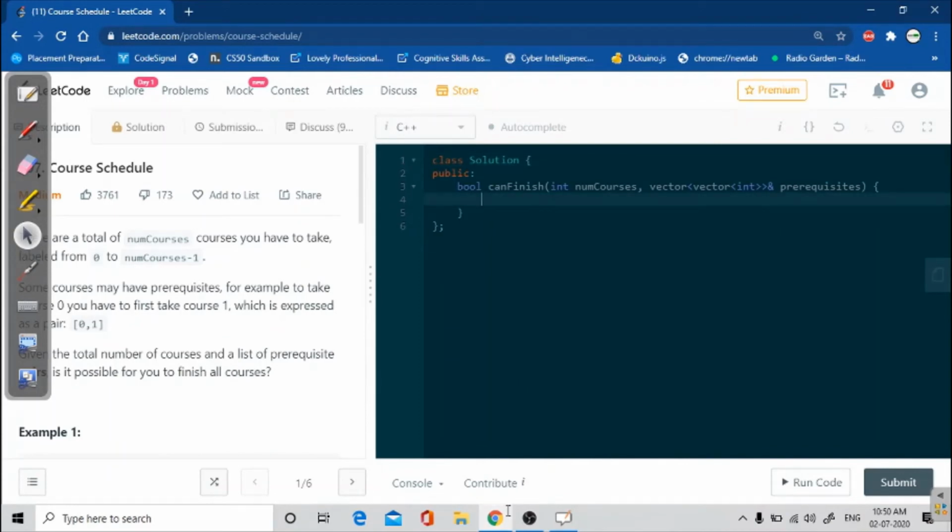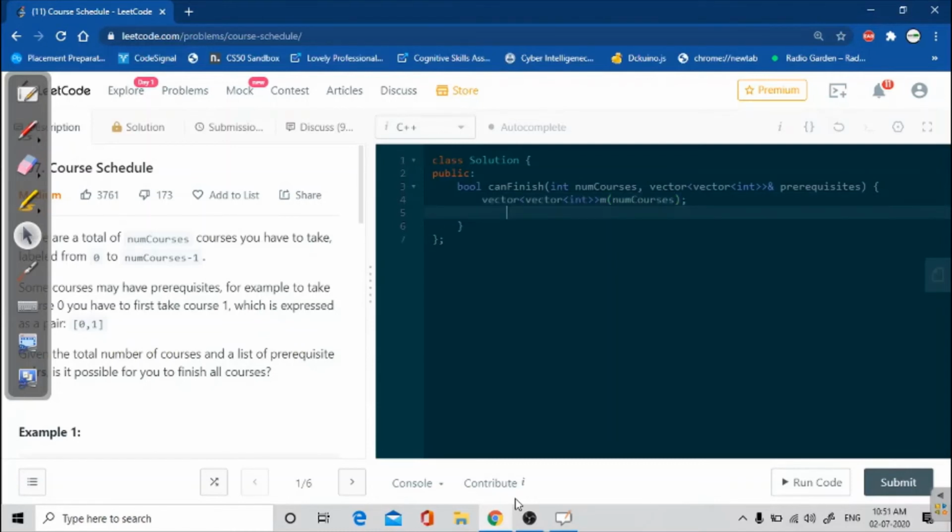So how we are going to code is, I am using C++ language here. First of all we have to create one adjacency list. So I am going to use vector of vector of type int, and let's name it as m, and the size will be num courses.